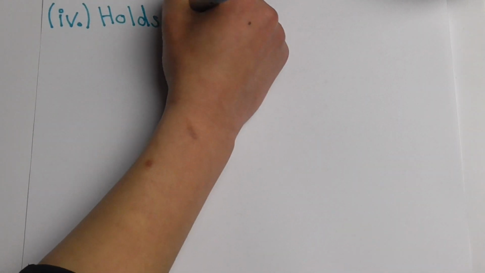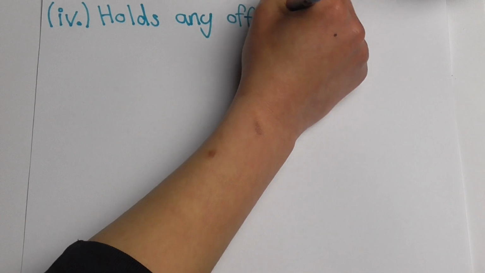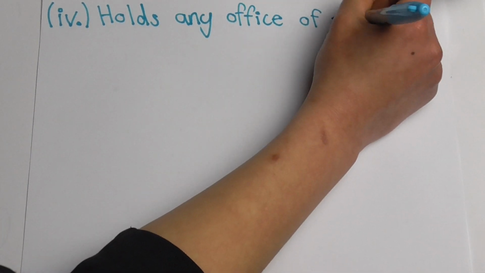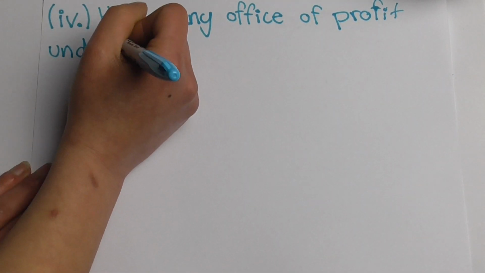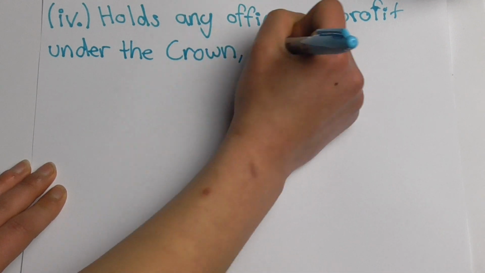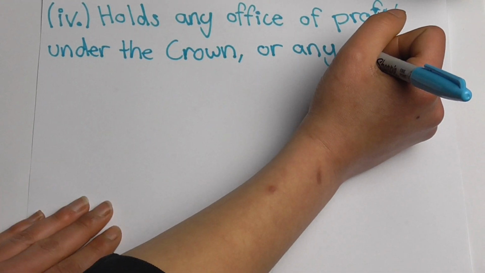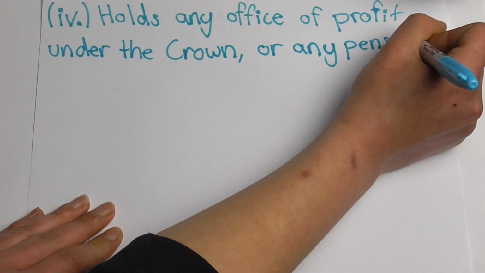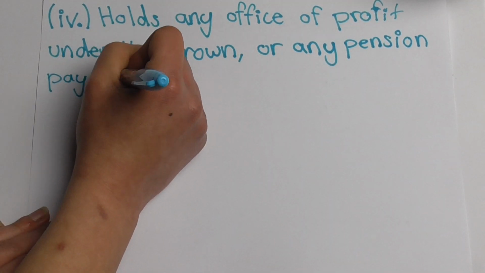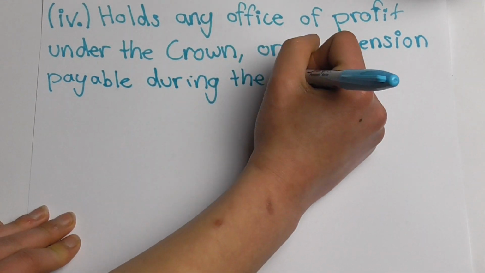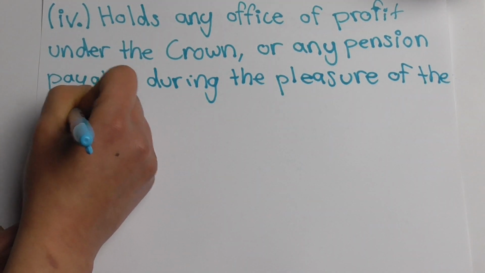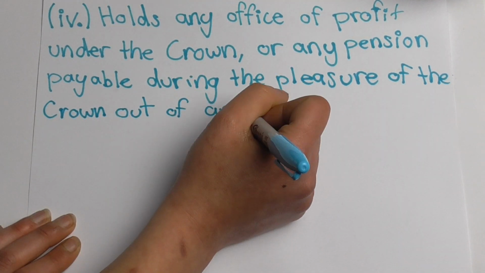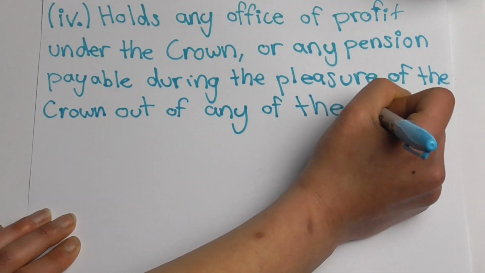4. Holds any office of profit under the Crown or any pension payable during the pleasure of the Crown out of any of the revenues of the Commonwealth. Now this, I'm pretty sure, means if you're in your state parliament, you can't just up and run for federal. And this would then explain why the new stand-in for old mate Christopher Pyne, what's his name, James Stephens, was listed as unemployed, which I thought was strange until I worked out he was working for South Australian Liberals before